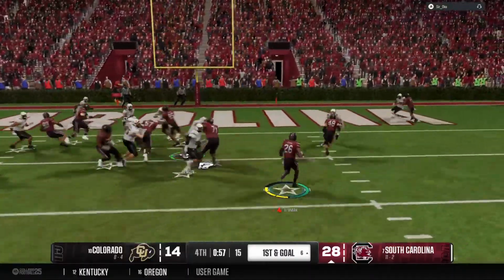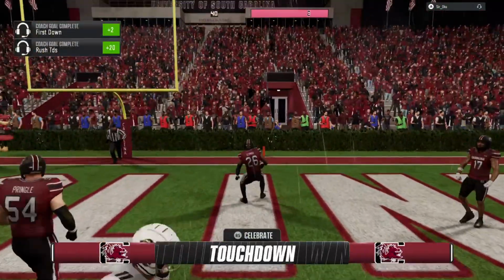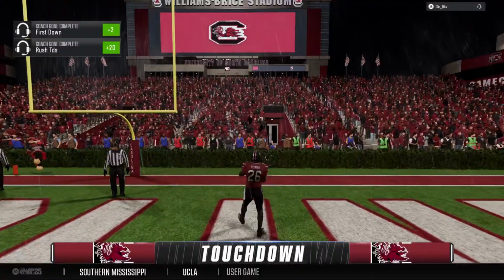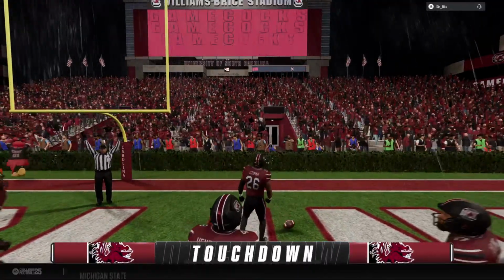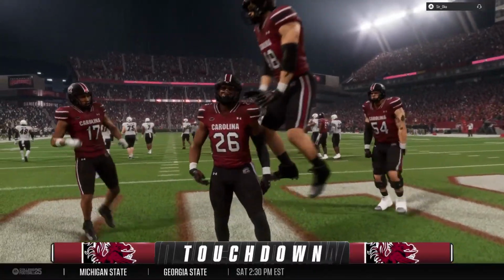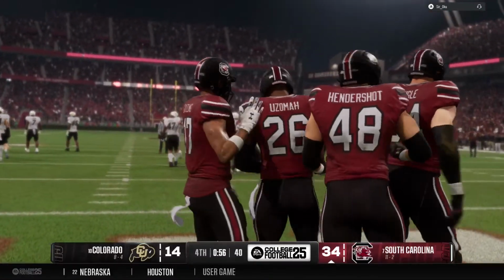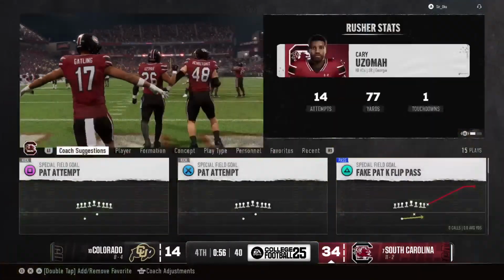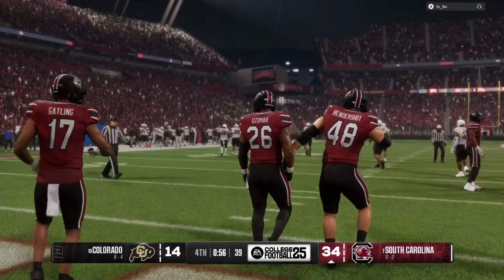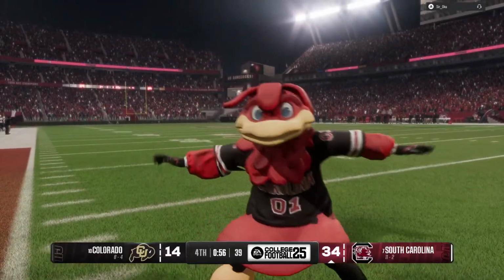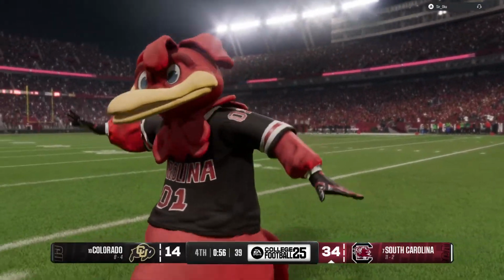They'll try to run it in on 1st and goal. Touchdown, South Carolina. This offense is still clicking. We had a short field. The offense did exactly what they're supposed to do. That would have been a big ask for the defense there, Kurt. Absolutely. But when you're given that kind of field position, anything less than a touchdown would be a disappointment. They did exactly what they needed to do by capitalizing on that short field.